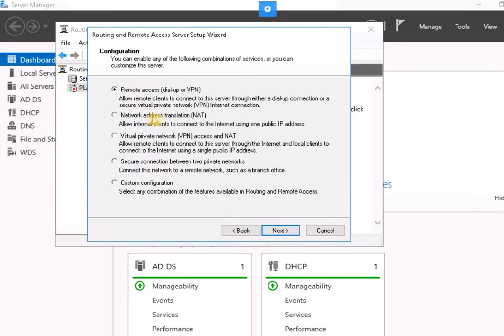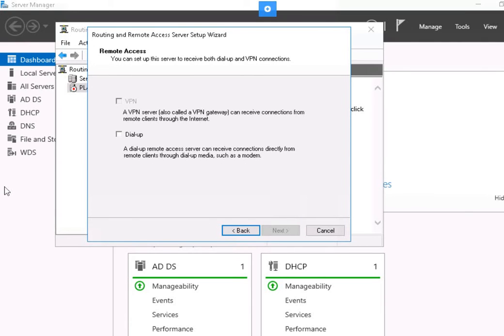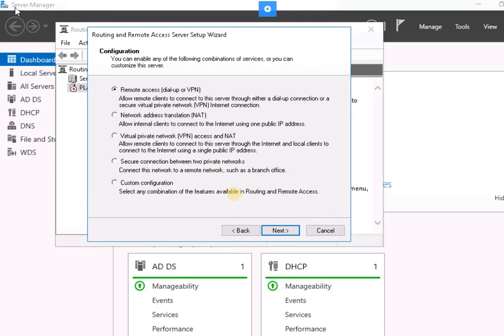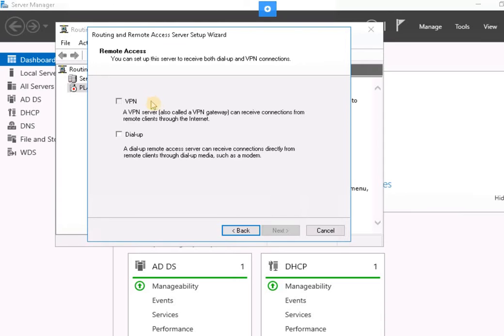So in the configuration window we have to select the first one, remote access dial-up or VPN. So this is the first one as the default one. Next. So here is remote, so there you have to click VPN. So yeah, sometimes it shows gray. So what you need to do is you just cancel and close it. You can just start the configuration again. Okay, so anyway, we can now click VPN and then